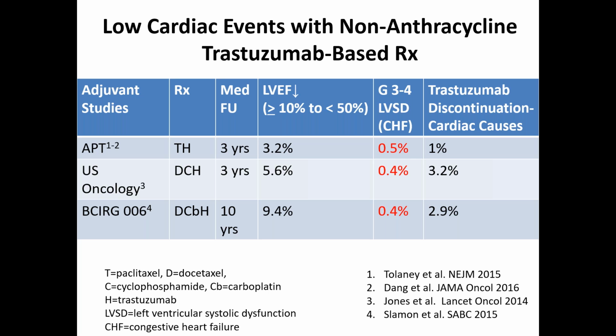And the majority of the patients had basically tumor size of 2 centimeter and under, and they were node negative for the most part. And we gave TH, and the primary endpoint was disease-free survival. This was a positive trial. One of the endpoints was to look for cardiac toxicity, as noted here, that the rate of heart failure, symptomatic heart failure, or grade 3-4 left ventricular systolic dysfunction was less than 1%, so it was 0.5%,